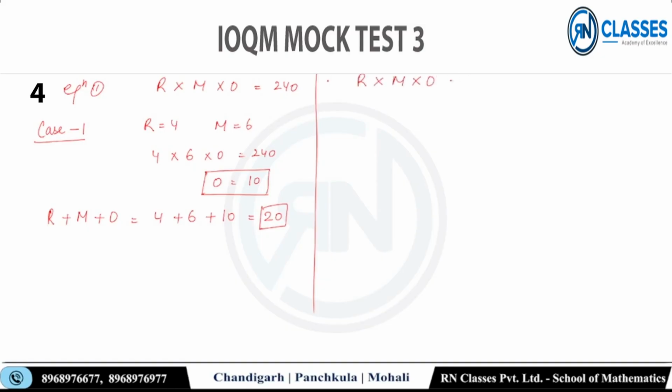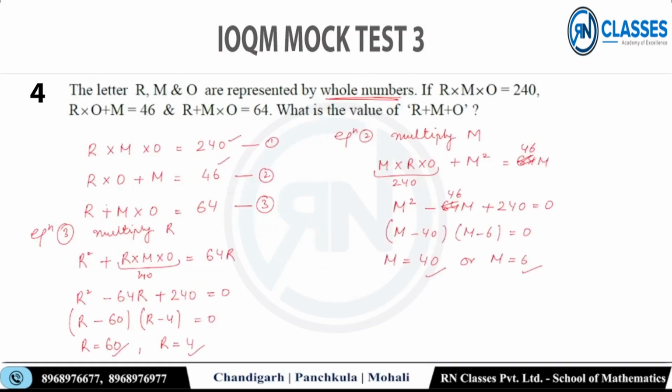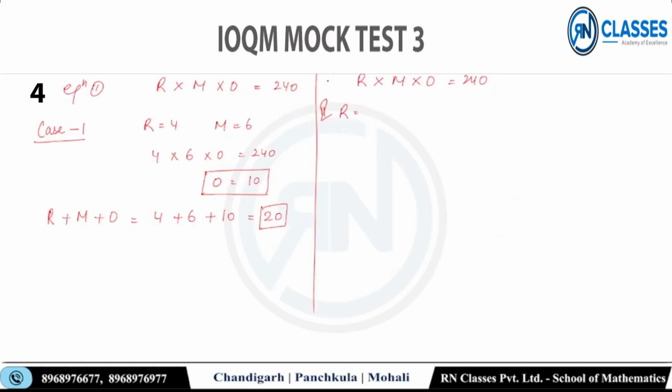R इंटू M इंटू O इज इक्वल टू 240, ठीक है। मैंने R को, ये केस नंबर 2 है, ठीक है। अब मैं R से ही चल रहा हूं, 4 लिया था, तो मैं अब 40 ले लेता हूं M को, R को 4 M को 40, R फिक्स रखा, R को पहले लेके चल रहा हूं, M को चेंज करता रहूंगा, ठीक है। तो R इज 4 M इज 40 O इज इक्वल टू 240। तो ये O है, ये तो एक कैंसिल हो गया, O की वैल्यू क्या आ गई 24/16, फ्रैक्शन ही आएगी, O तो नहीं आ रहा है ठीक है। चलो सो फिर से R इंटू M इंटू O इज अगेन 240।